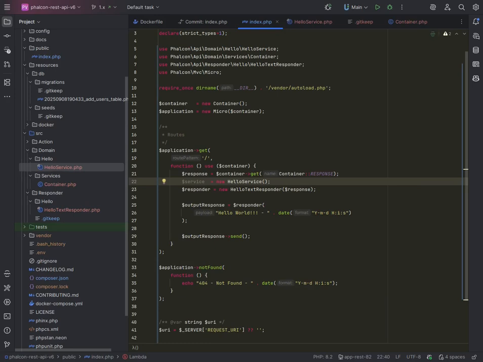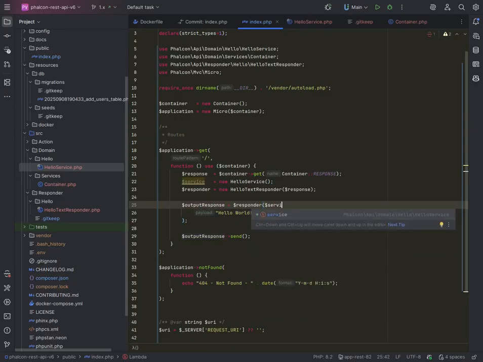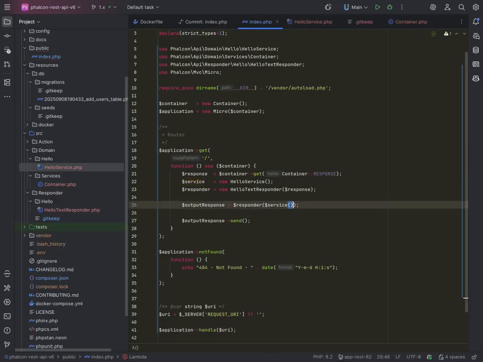New hello service. All right, we created our responder, and the output response will be responder service. So this here is going to call invoke on the service, and then this one will call invoke on the responder. So what we're doing is,